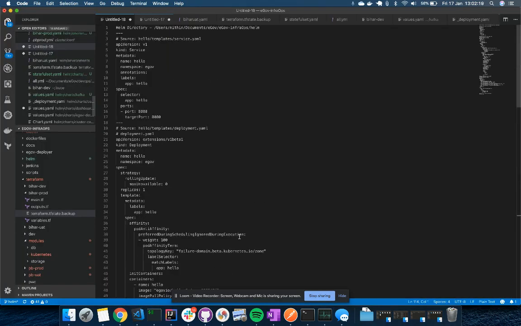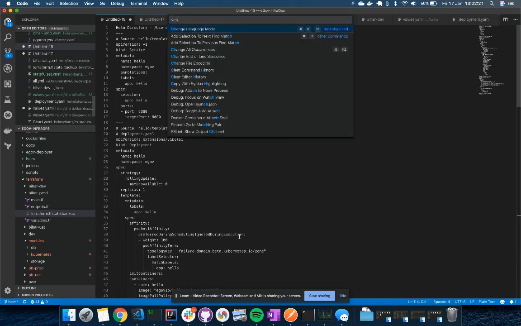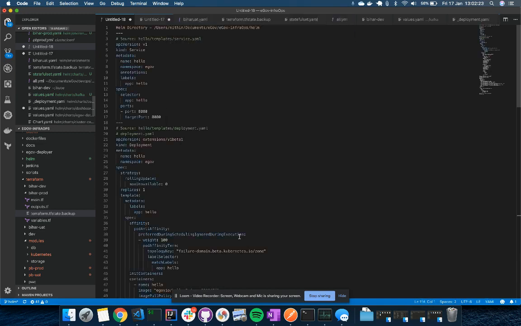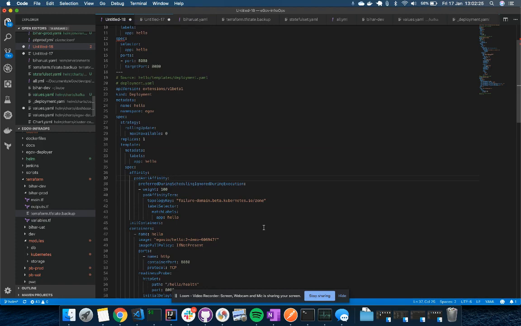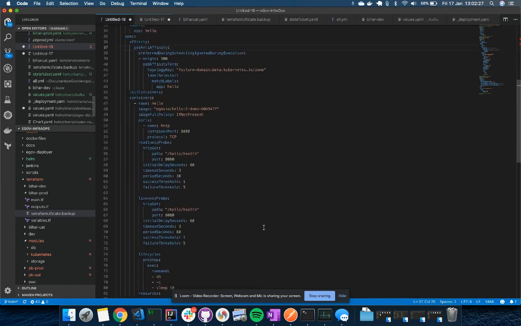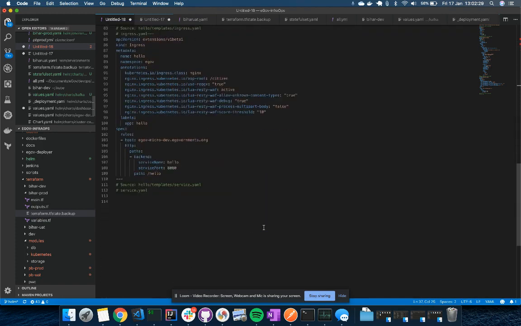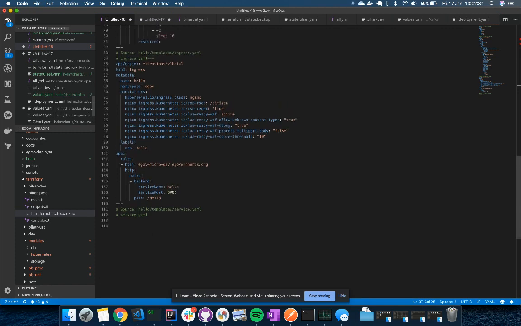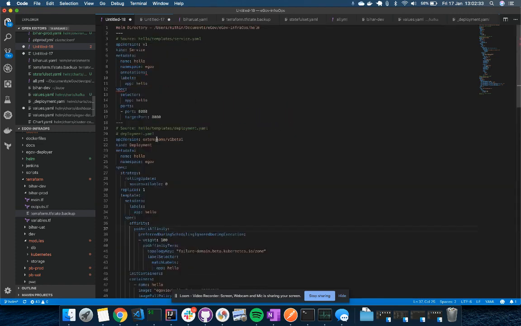So this is the actual Kubernetes manifest that would be rendered. Not that you should know this, but this is what actually happens behind the scenes. So this entire app will be generated itself.